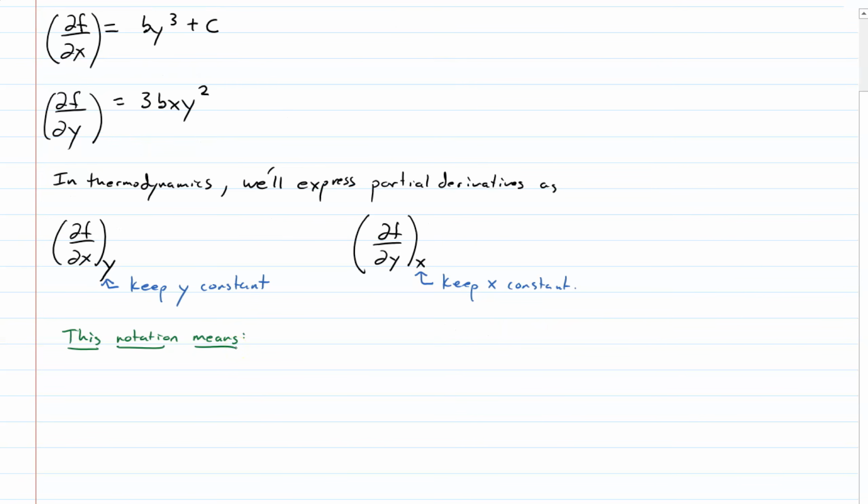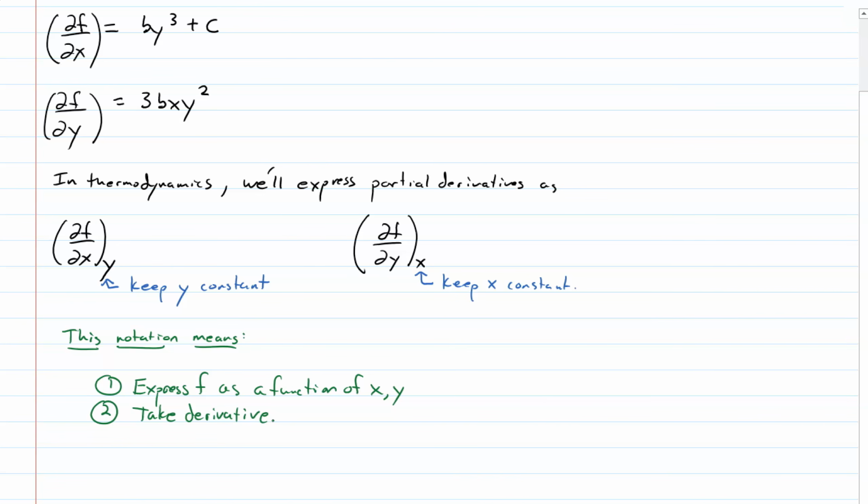So practically, if I want to take one of these derivatives, like the first one, the derivative of f with respect to x, keeping y constant, the first thing I need to do is express f as a function of x and y, and then take the derivative. Sometimes this first step